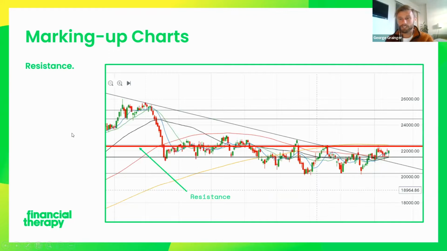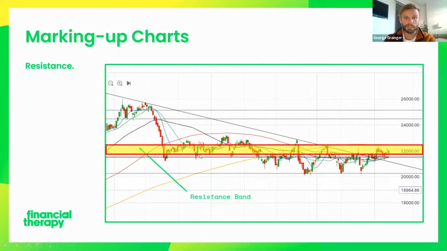So we've got resistance. Resistance is basically the same. You've got a max resistance line at the top, but then you have a band as well, and price sort of fluctuates in between this band. And it's remembering that, because even I probably still do it now. I look for a price, I'm like, oh yeah, it's going to go from there. And then I forget about the upper range. So again, putting this,